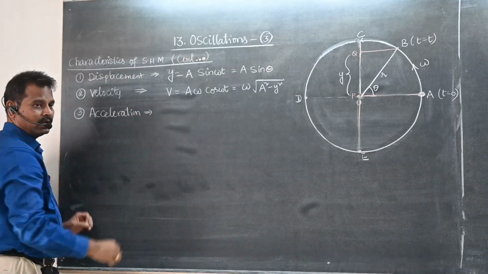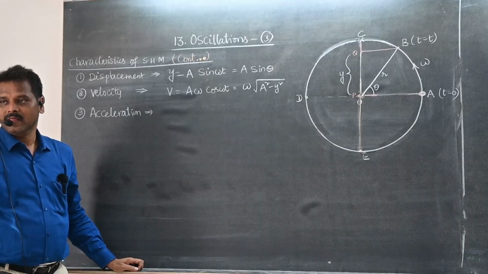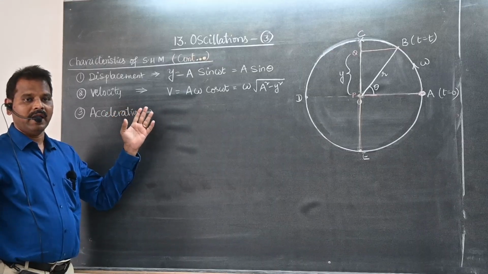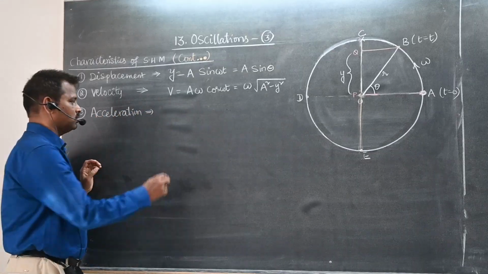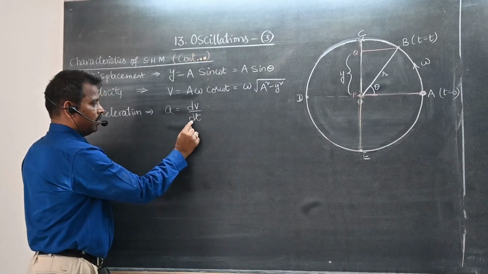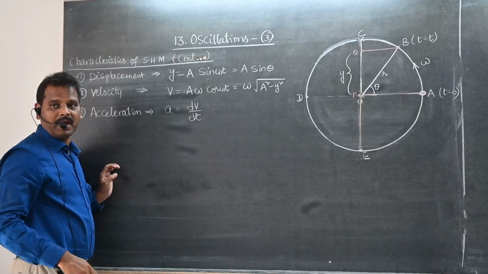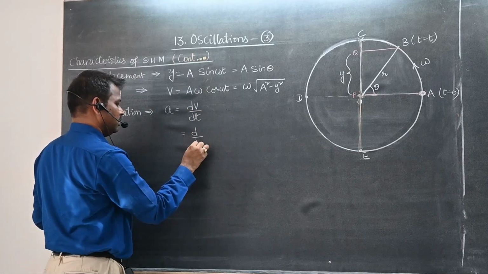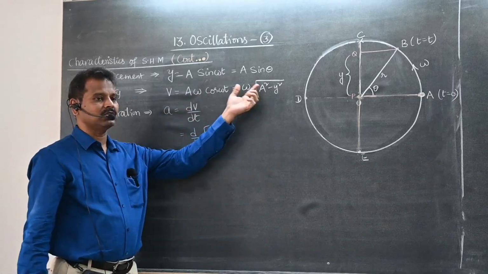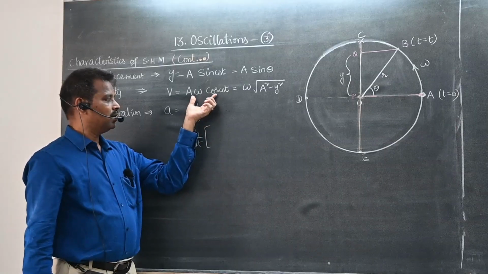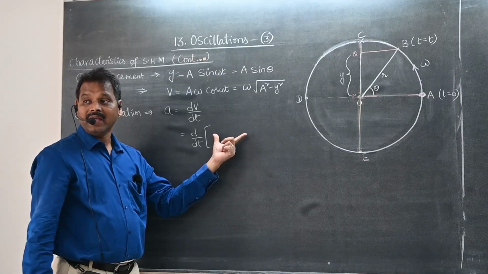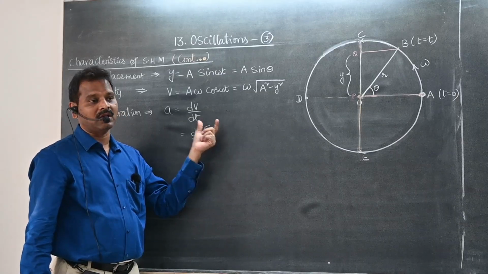Acceleration is nothing but the rate of change of velocity of a body. The same definition can be used for acceleration of a simple harmonic oscillator also, where acceleration is given by dv by dt, the rate of change in velocity, which can be written as d by dt of v. Which expression can we take? You can take either this one or this one, no problem. But generally, as we are differentiating with respect to time, there must be time in the expression. If the time variable is there, then only we can differentiate.